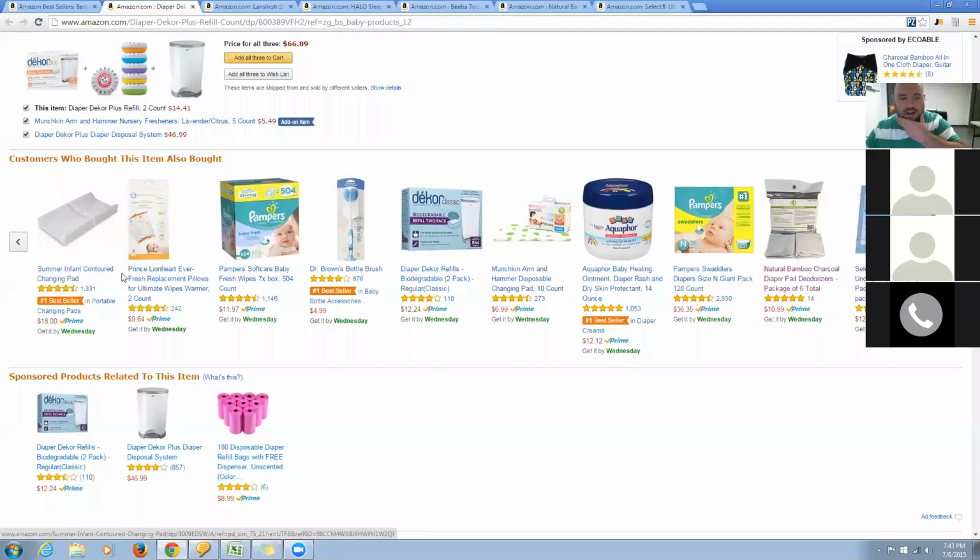Summer Infant's a huge brand. Pampers, obviously, huge brands. I tend to avoid huge brands just because they're so well covered on Amazon, and I think they're such a trap. Let's say you look at this Pampers item and Amazon is not carrying it. Does that mean